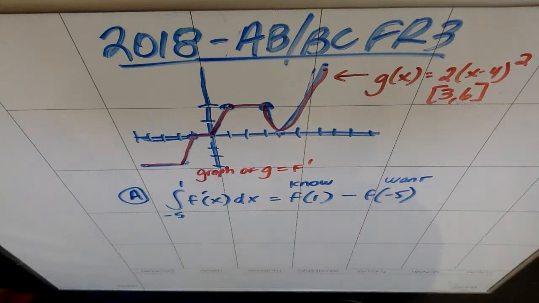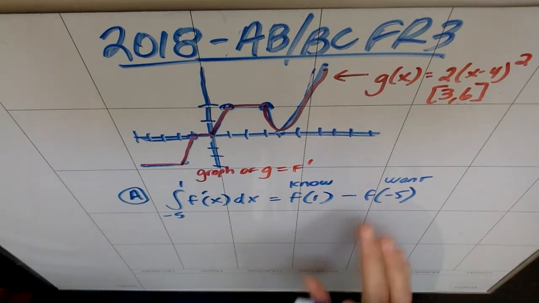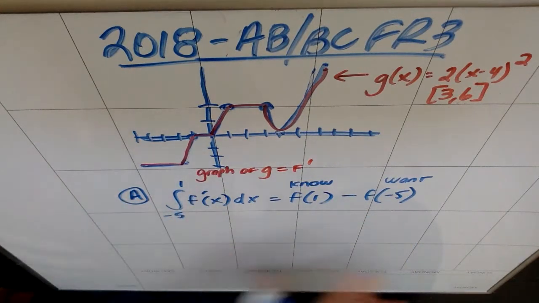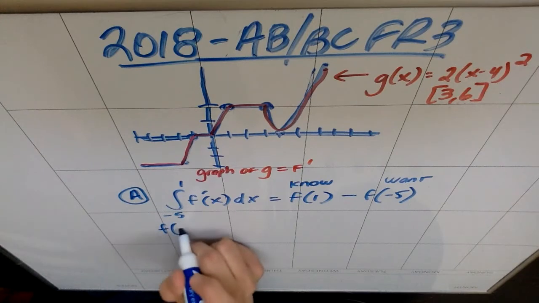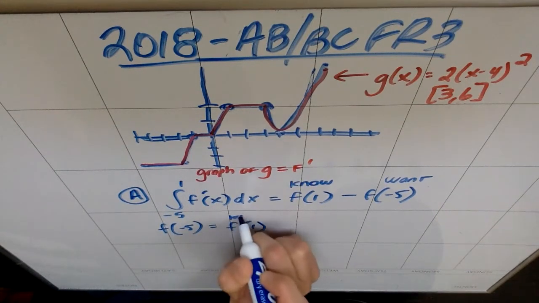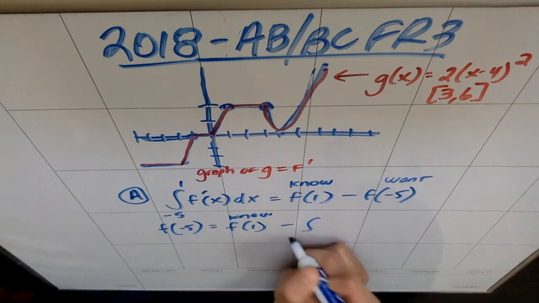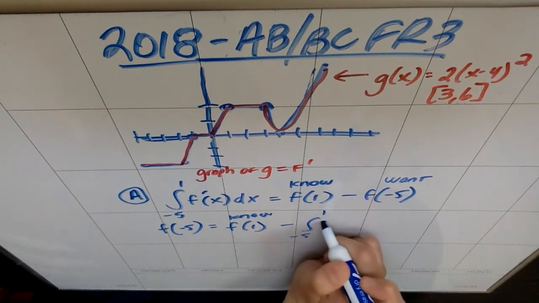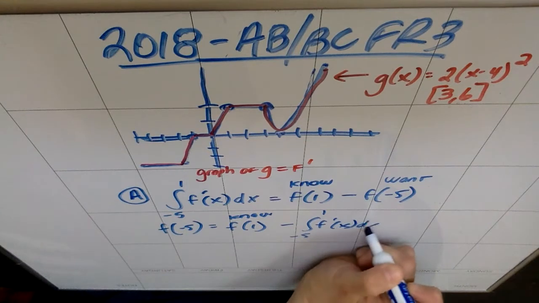So if we want to solve for f of -5, we could add f of -5 over and subtract this integral. So essentially my f of -5, which is the quantity that I want, is f of 1, which is a known quantity, minus an integral that I can calculate using area of these nice convenient geometric shapes,